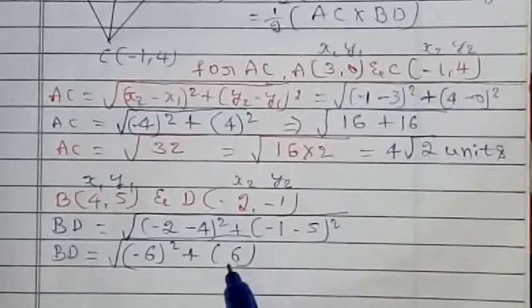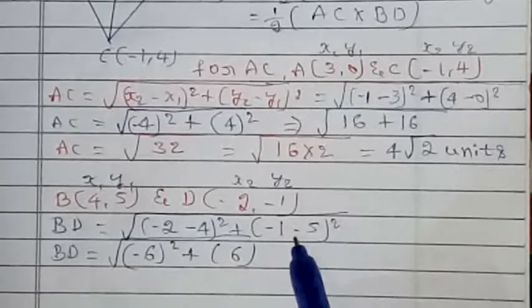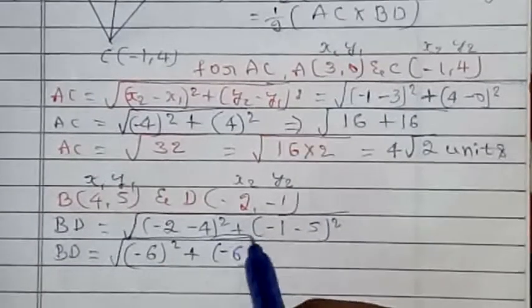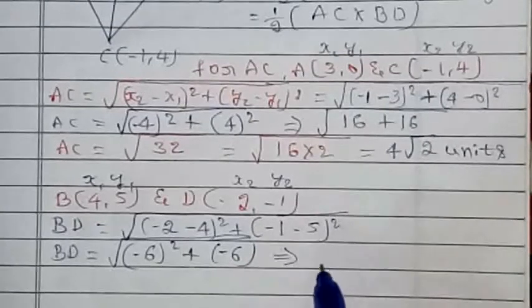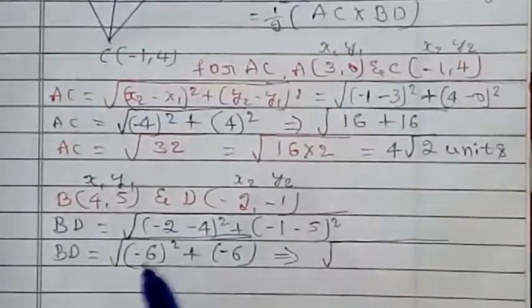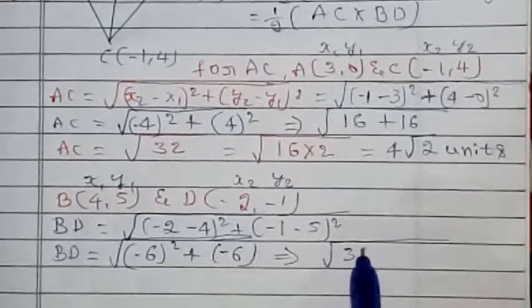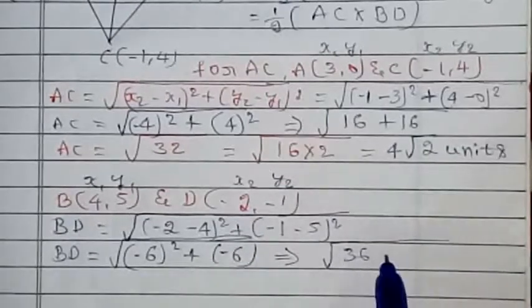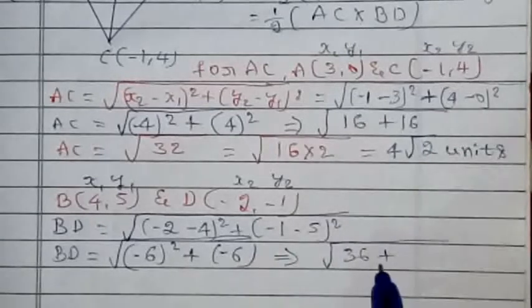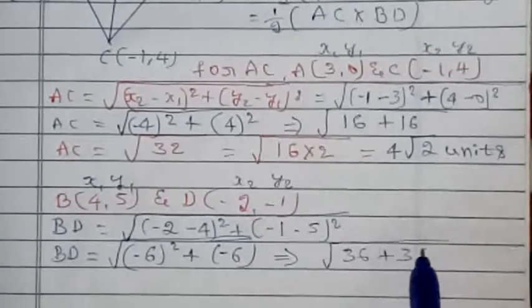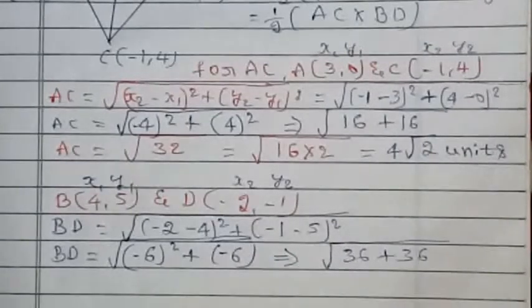So therefore 5 plus 1 is 6. Biggest number is 5, sign is minus. So therefore minus 6 square. Clear? This implies square root of. Now any minus square will be plus. So minus 6 square is plus 36. Again here also minus 6 square is nothing but 36. Right? So this implies the answer is,